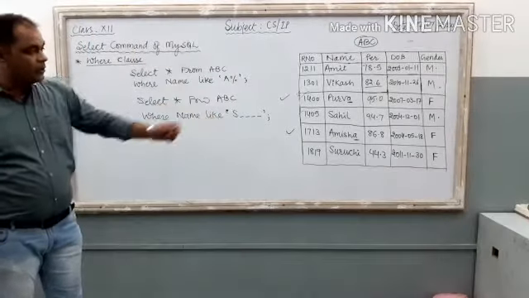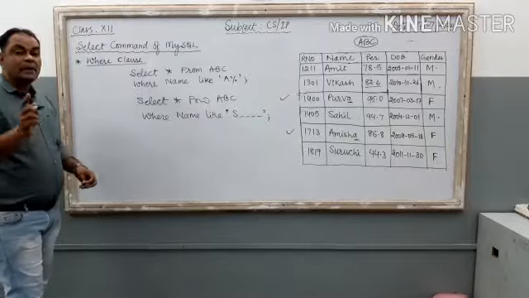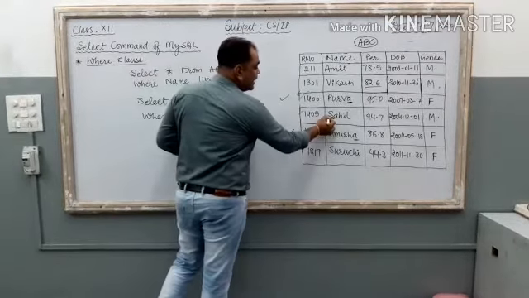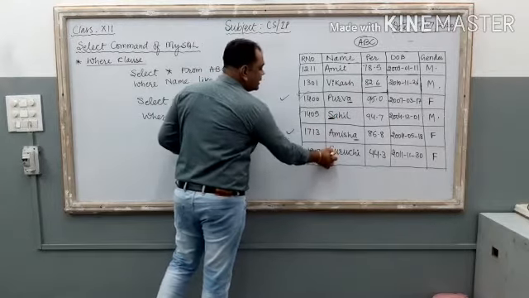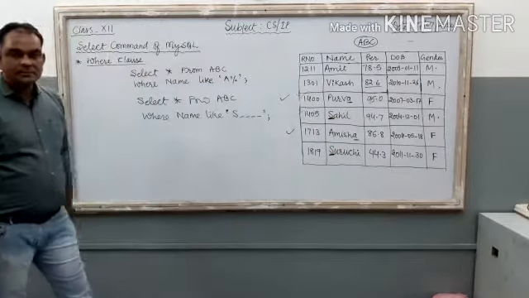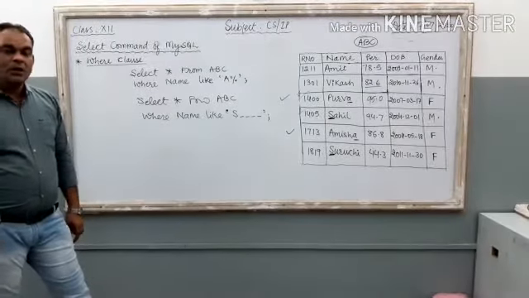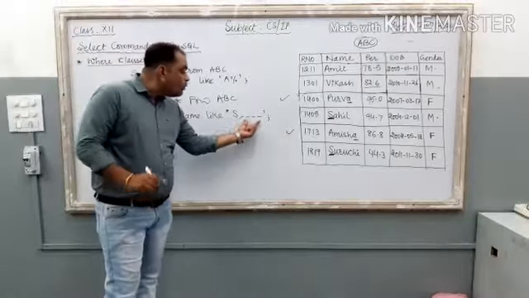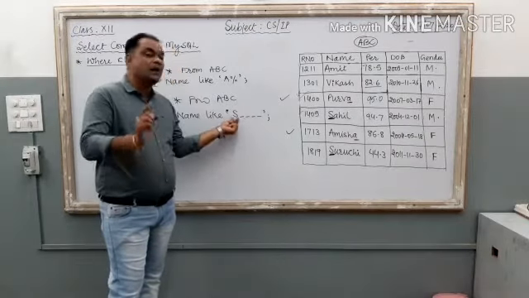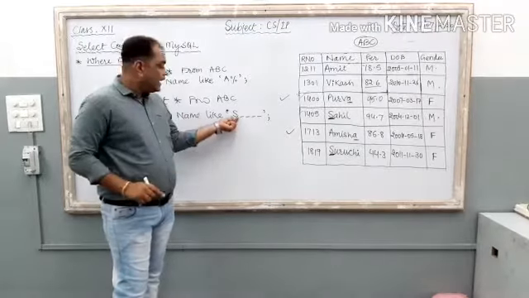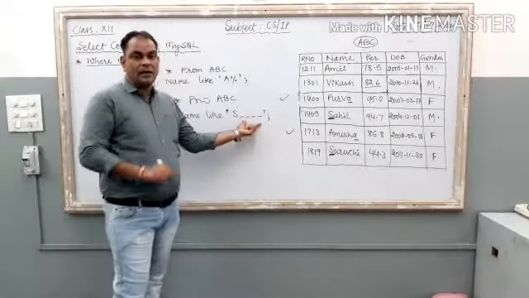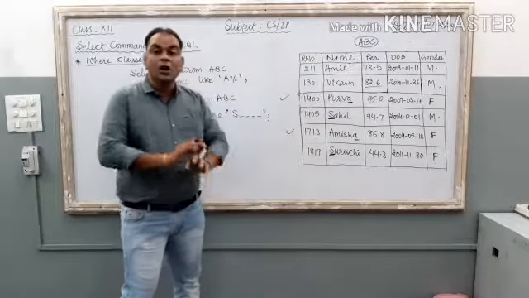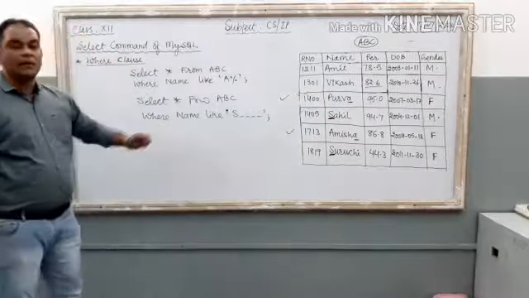The table is there on the board. The record that starts from S, starting alphabet of the student name should be S. Here it is S. Here it is also S. Sahil, Suruchi. Out of these two, computer is going to filter the record that contain 4 more alphabets after the alphabet S. S, then any 4 letter. So Sahil will be selected, Suruchi will not be selected if you execute the command.